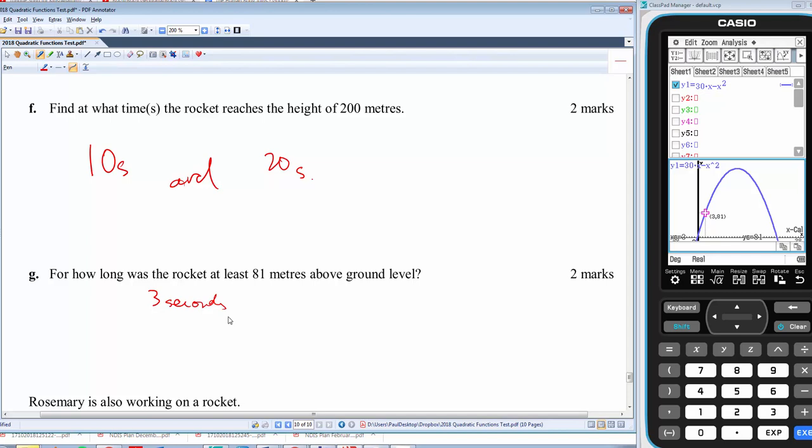And then I'm going to hit the right button, and 27 seconds is where it dips back below 81. So between those two times, between 3 and 27 seconds, it was above 81 meters. So what we're going to do is simply write